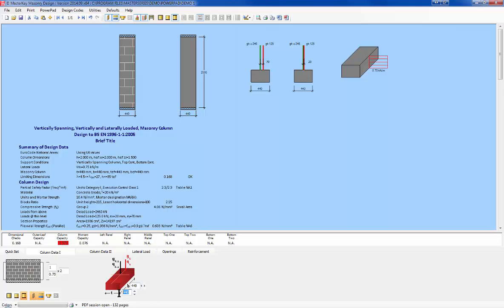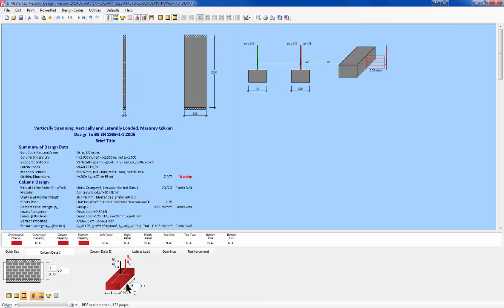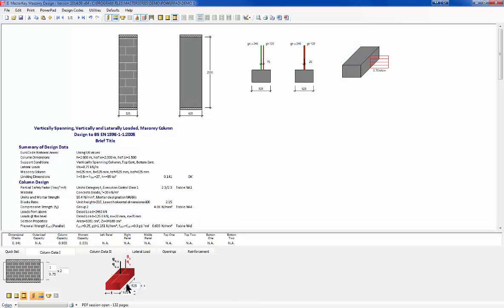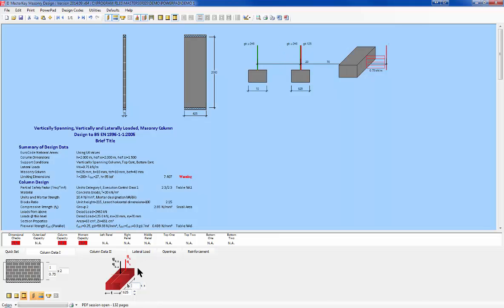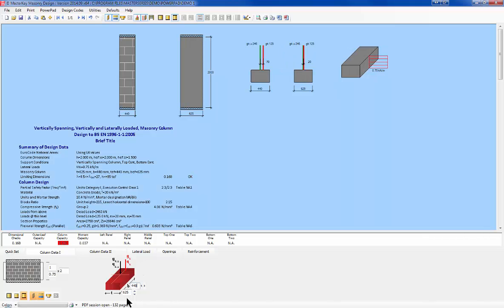Would we get away with a 625 by 525? I can't even remember my masonry dimensions. They are probably wrong, but that would work. Or 440, if that needs to be the size, we can come in and play around with our